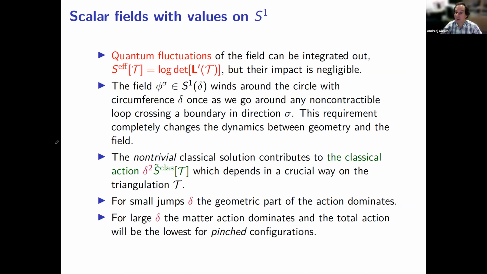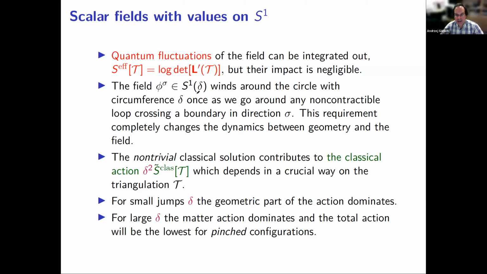and they will just give the log of the determinant of the Laplacian, up to getting rid of the zero mode because of the invariance under translations of the scalar field. But it seems that the impact of those quantum fluctuations of the field is negligible. So no matter what delta is, it only slightly shifted maybe the positions of the phase transitions, but basically we didn't observe much impact of those quantum fields. So for delta equals 0.